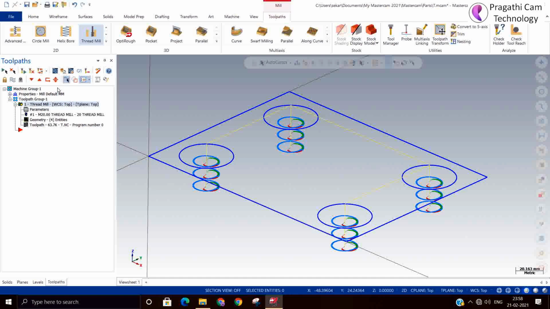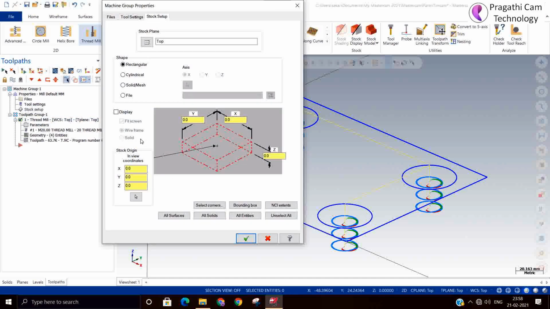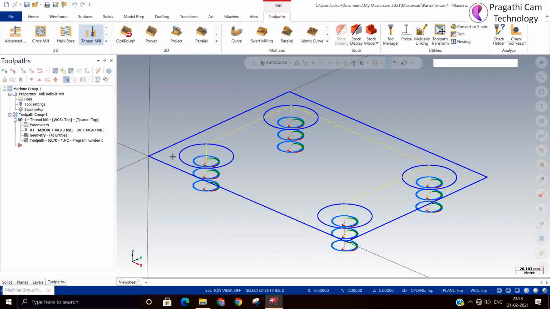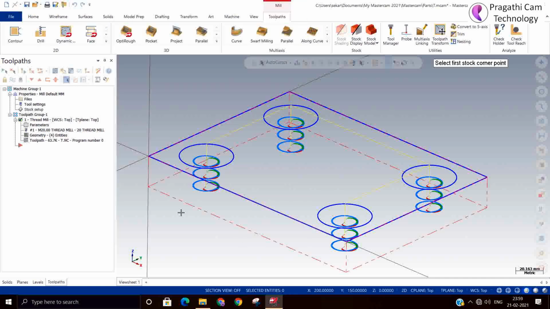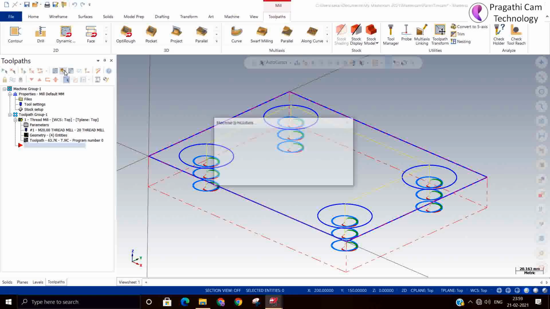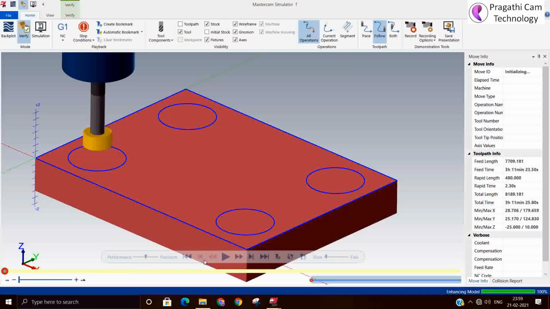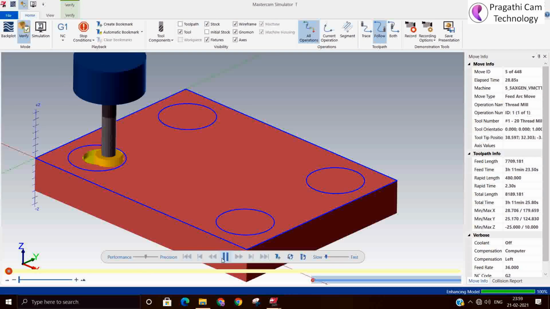The thread will not look proper here in the simulation, but still I will try to show you how it looks. It will not show you the thread here.